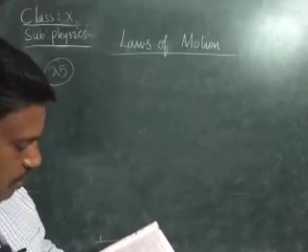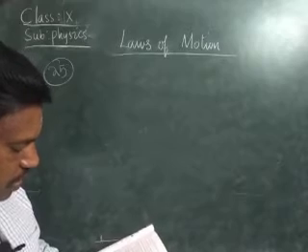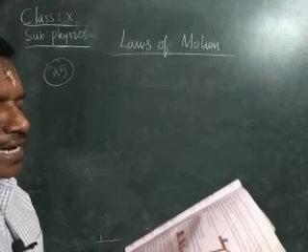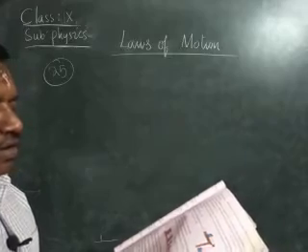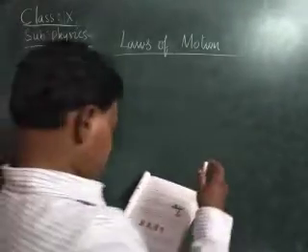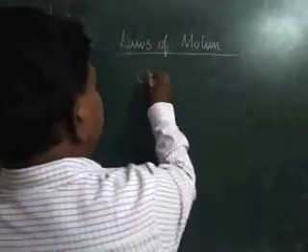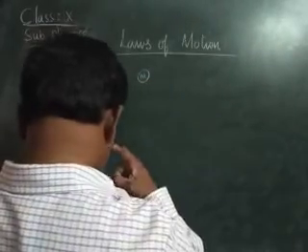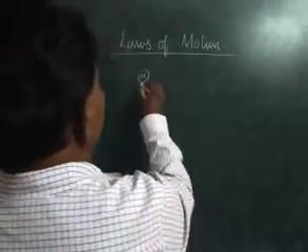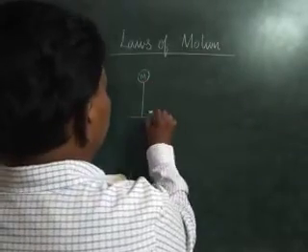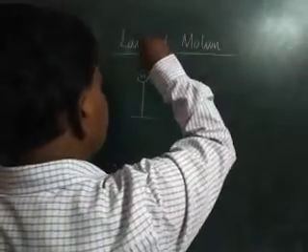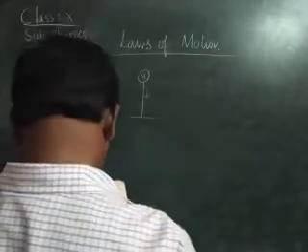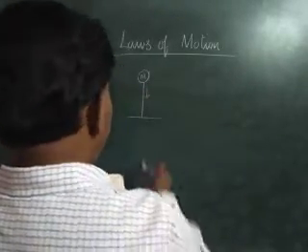Divya, 25th problem. A ball of mass m moves perpendicularly to a wall with a speed v. A ball is there, children. Its mass is m. It moves perpendicularly to a wall. It is moving perpendicularly to a wall, with the speed v.